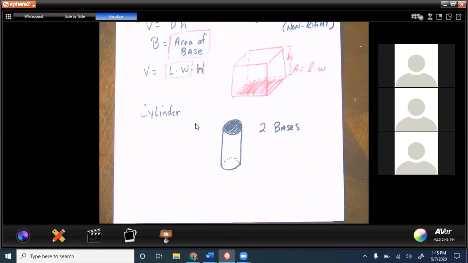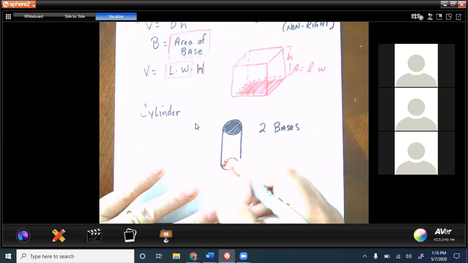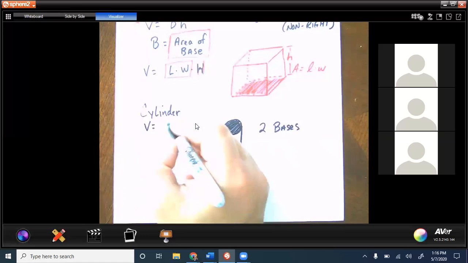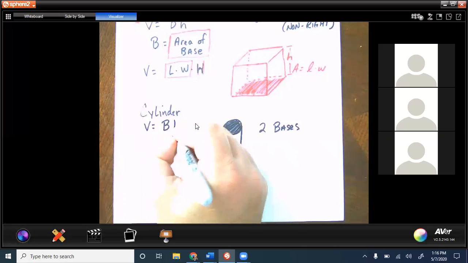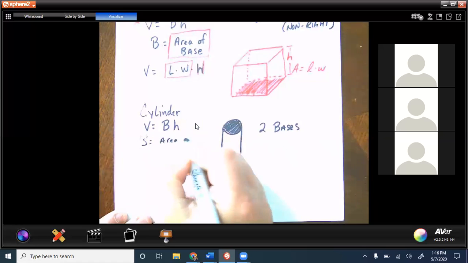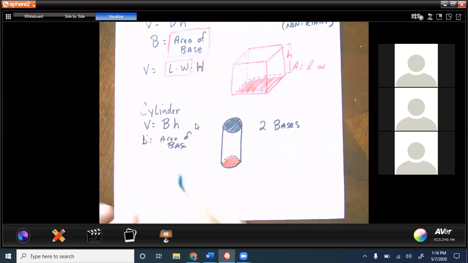That could be our base, or just like the prism, the base could be down here. All right, so now the volume for a cylinder is the exact same: the area of the base times the height. The area of the base times the height. And so capital B is still the area of the base, but in this case, since it's a circle,